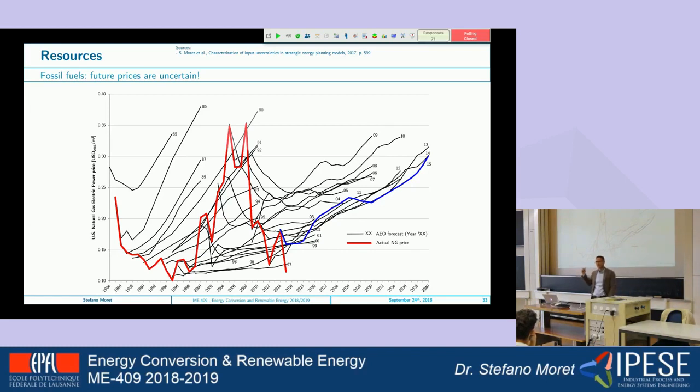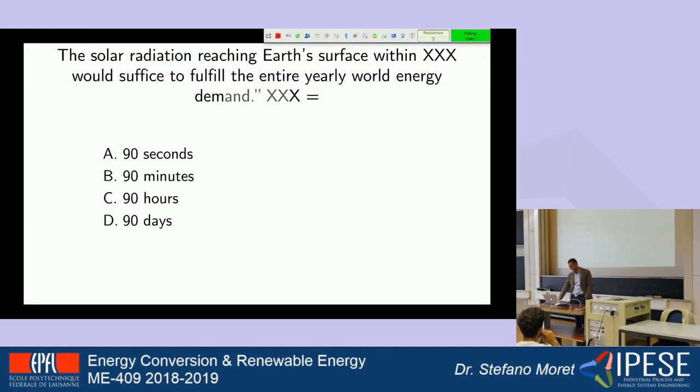And remember that investments that were made on natural gas generation based on these forecasts have caused a lot of problems, in the sense that, for example, in the Netherlands, they installed a lot of gas turbines and combined cycles, and they had to shut them down even without starting the operation, just because the prices were not as expected. So this is an important thing to keep in mind. Fossil fuels are cheap today, but the evolution is really uncertain, and when you make a decision as an engineer, your decision will last for 20, 30, 50 years, so take care of that.